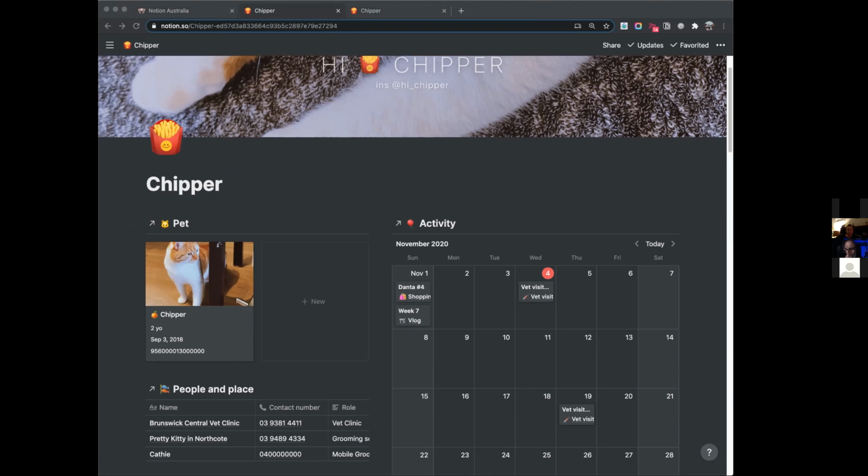For example, if you have a dog, maybe you need a schedule for your dog, or if you have multiple dogs, you need different walking schedules for them. Like Rachel said, reminders for your vaccinations. And if you do have multiple pets, you might actually need to spin up multiple dashboards for them, and this template probably doesn't meet that.